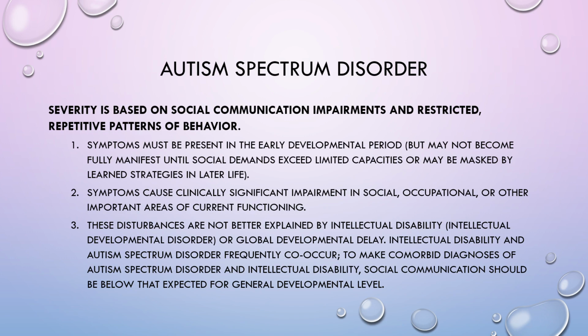So again, severity based on social communication impairments, okay? They must be present in early development, okay? Can cause clinically, obviously, significant impairment in their social, occupational, and important areas of life. And it's also not just better explained if there is actually an intellectual disability here. Is there a mental retardation here? Is there something else going on medically that may be causing these issues? Other diagnoses, maybe there is a severe form of cerebral palsy or brain damage, fetal alcohol, to be able to rule out, is this autism spectrum?